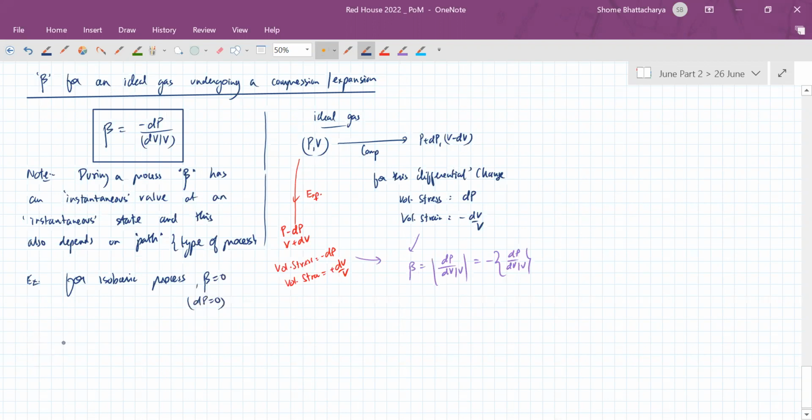And for an isoporic process, bulk modulus is undefined because change in volume is